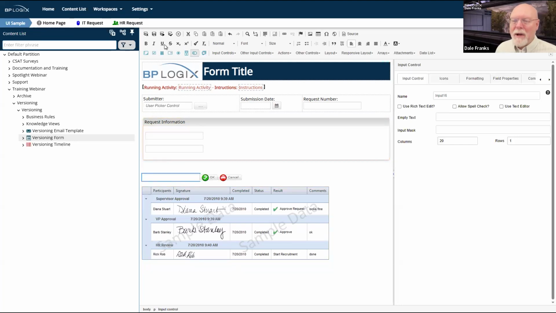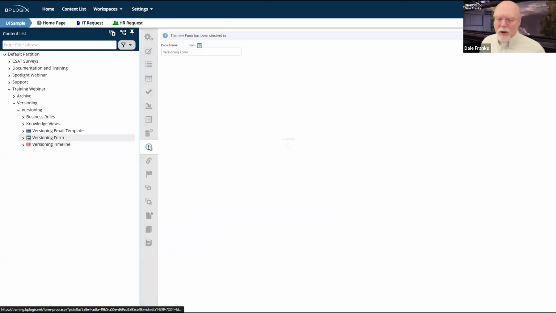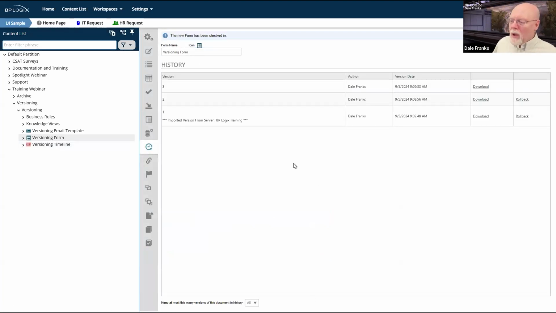Oh, well, that's probably not a great place for a control, but we don't really care about form design at the moment. And I'll save once again. What I probably should have done is not save and close it. I should have just saved, although it would close automatically whenever we came over here. But notice as I make these saves, I have additions to the history. So every time I make a change to the form and every time I save it, another version, I hate to use the word version, but it's kind of a version, it gets saved. This is a save history type of versioning.